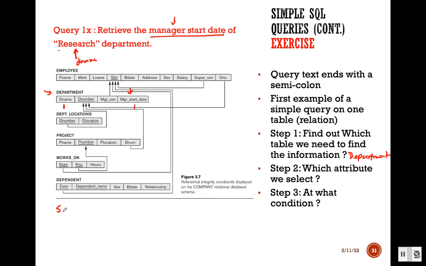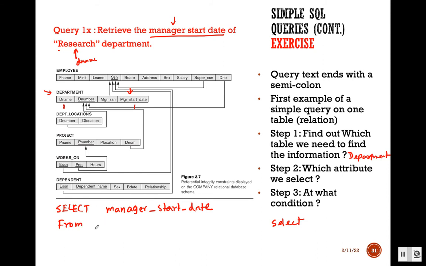So let's write down select. Again I am reminding you, it's case insensitive. So if you write it in all caps, or in any other way, it's actually the same. It is still going to work, but you have to write exactly select. The spelling has to be correct. Select manager start date, the attribute name is manager, you have to write the exact name from the table. Start date from